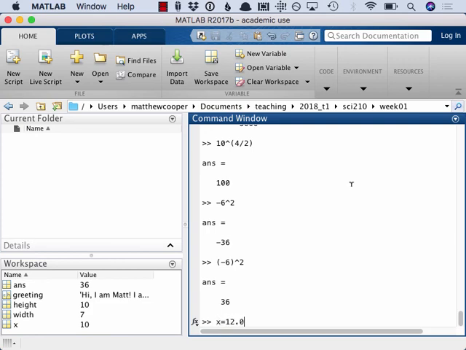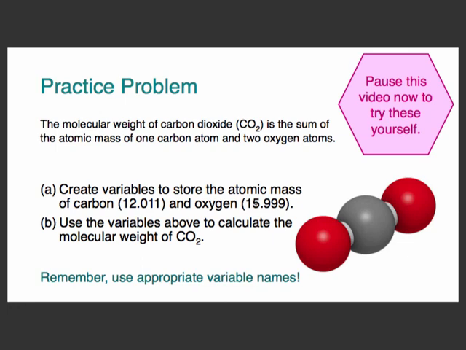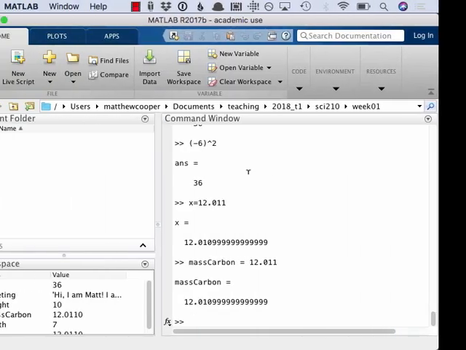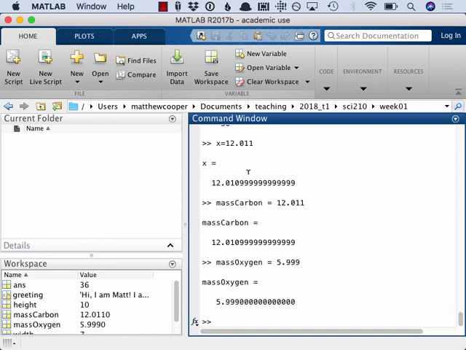So I could go 12.011, right? Not a great variable name, though, right? So let's say I could go atomic mass carbon. That's probably a little long, a little unnecessary, but maybe just mass carbon. C for carbon, maybe, okay, maybe let's be more specific. 12.011. Okay, then I have oxygen, 15.999, mass oxygen. Okay,